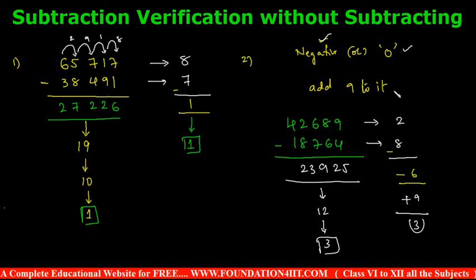So especially for addition and subtraction, this technique we can follow. We can call it mod. In the mod concept, by adding the digits to get a single digit, and subtracting on this side and that side, both ways you should get the same. Then you can confirm the verification is done and it is correct. If you get a wrong result, obviously you made a mistake somewhere, a wrong addition or wrong subtraction. Especially for primary and upper primary, this technique can be followed for verification purposes.